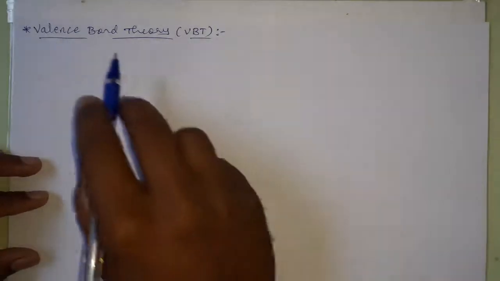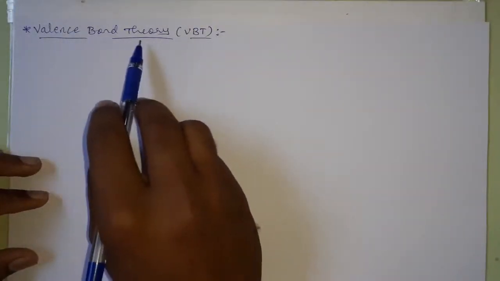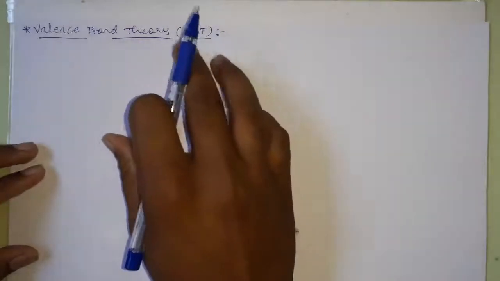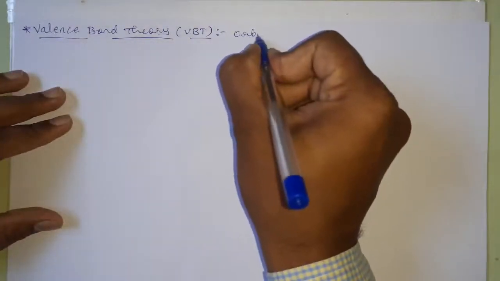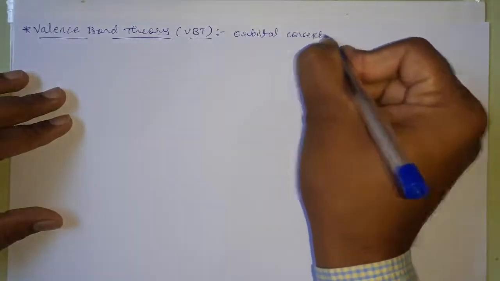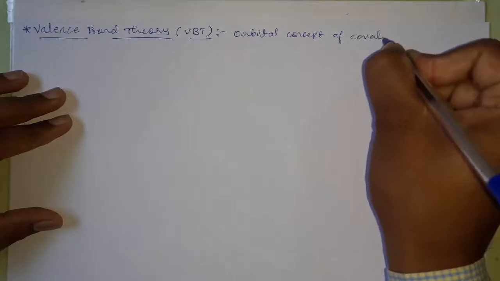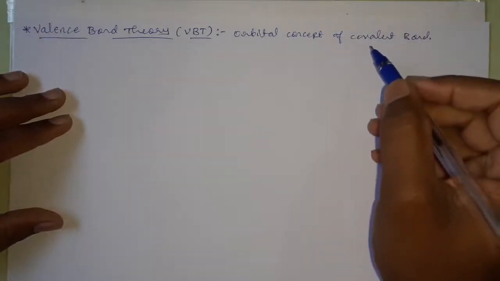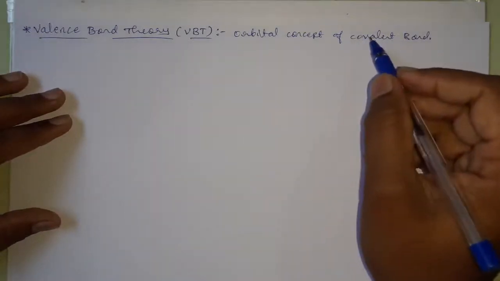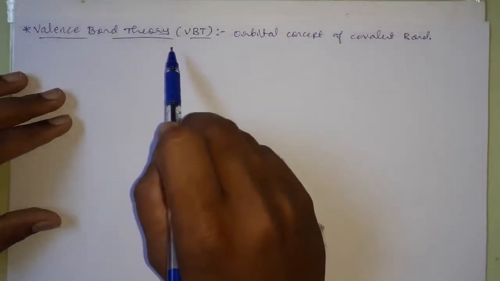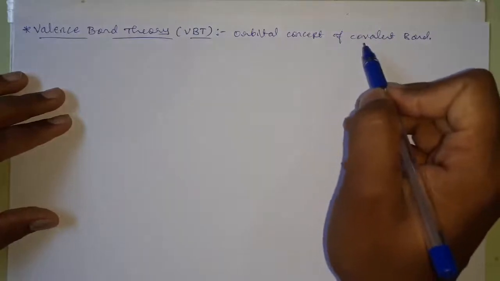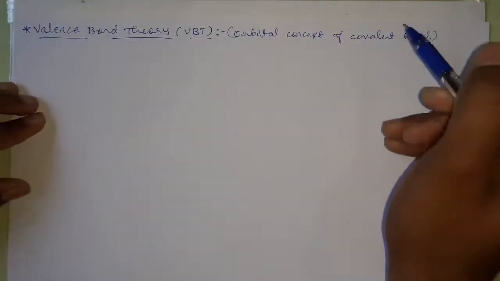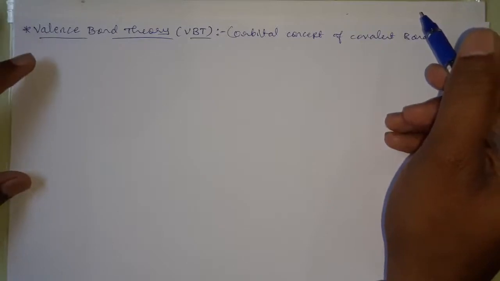In this class we are going to discuss the valence bond theory. In short we can call this VBT, valence bond theory, and it is actually the orbital concept of covalent bond. According to the definition of covalent bond, the sharing of electrons takes place between the combining atoms to form the bond. And this theory tells us how the sharing of electrons takes place in the formation of a covalent bond. Therefore, it is called the orbital concept of covalent bond, and this theory was first proposed by